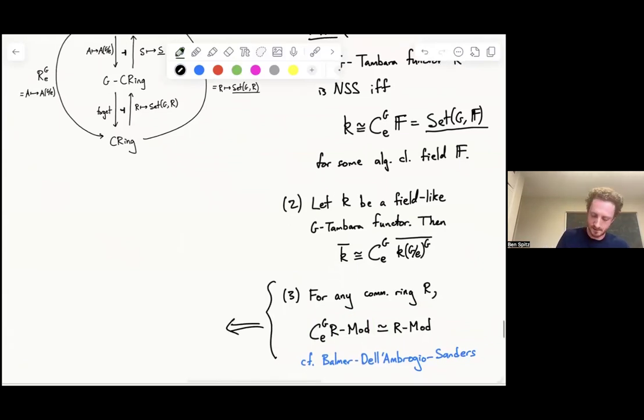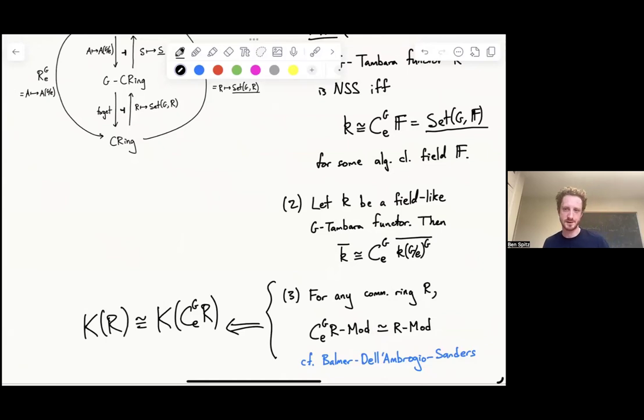And so as a corollary of this, we get that the K-theory of R is the same as the K-theory of the co-induction of R. The K-theory spectra, these are just ordinary spectra, no equivariance. But I just do an ordinary K-theory construction to go from the category of modules to K-theory. There is such a thing as projective module and so on over a Tambara functor.